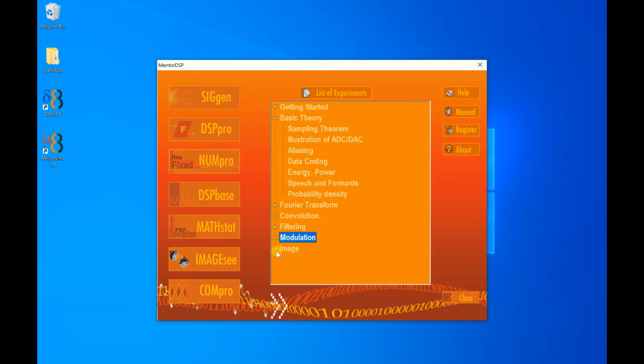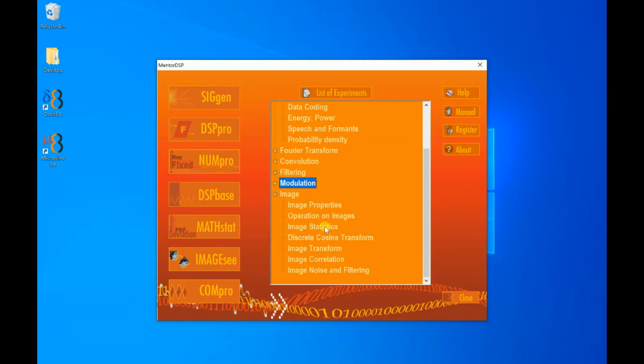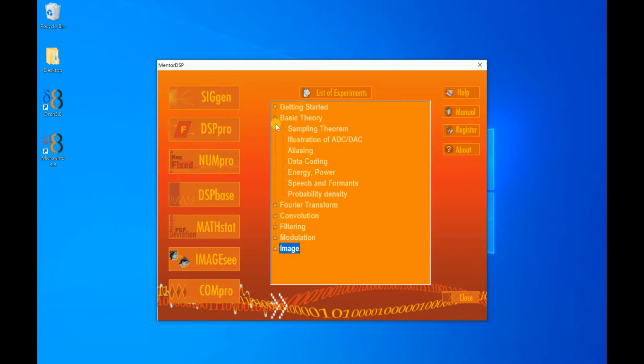It also has some techniques from image processing, like studying image properties, the operations you can perform on images, then some transforms on the image like DCT, which is used for image compression, then some image correlation, noise, and filtering also. So in a short overview, it covers most of the concepts. Now I will give you a quick demonstration of MentorDSP,